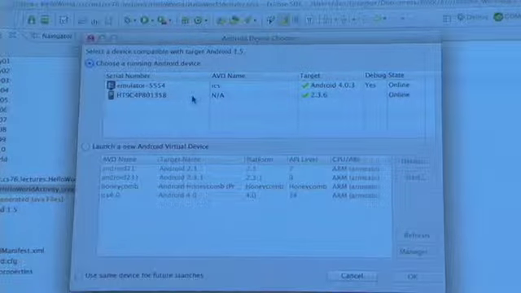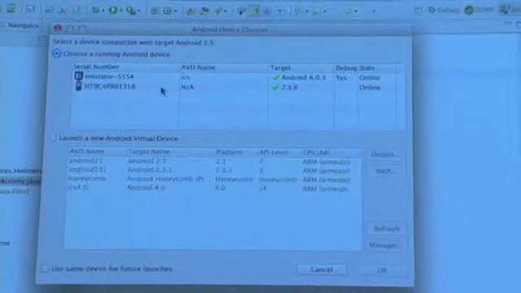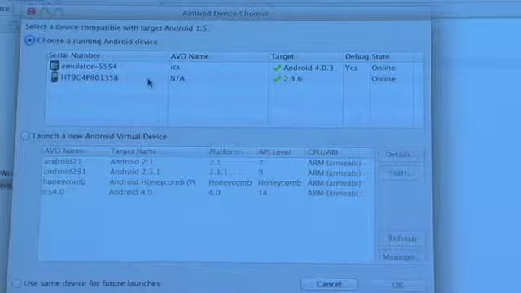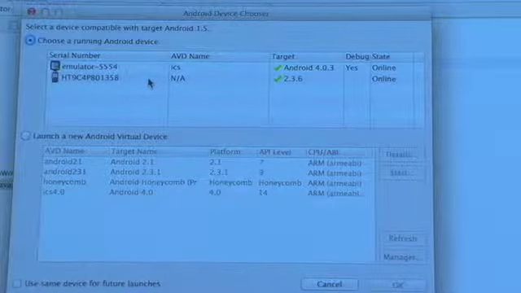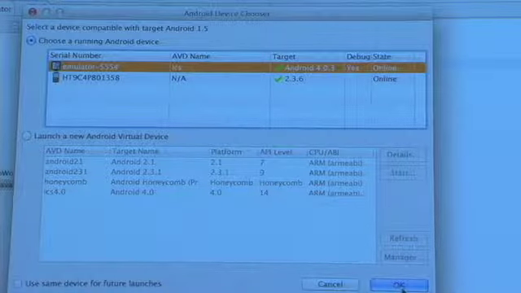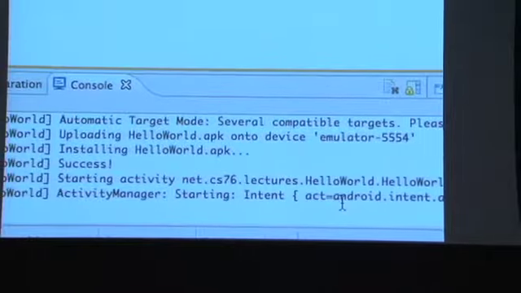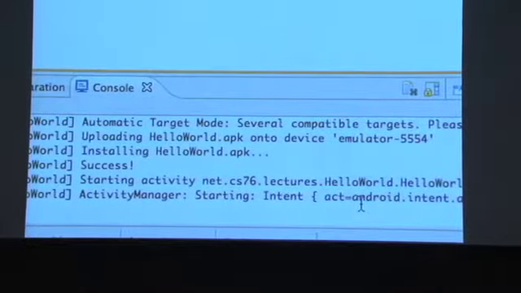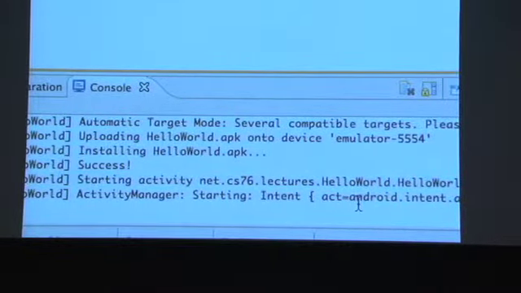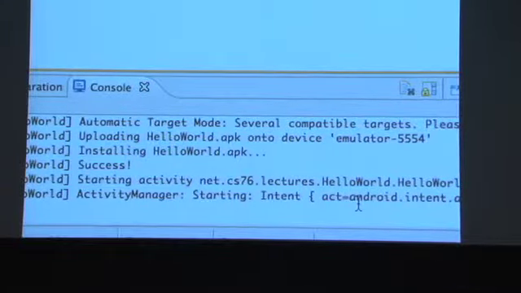Notice that right now I have two devices that I can actually run this application on. One of them is the emulated device, which we saw just a moment ago. One of them is a physically connected device, which I'll show you in just a moment. But I want to try to run this on the emulated device. So notice the console down here. There's some stuff that's actually happening. It will tell us that it's building it, if there are any errors, and it's installing this application file in the emulated device. Whether or not it's successful, then it's going to start this thing that we're glossing over so